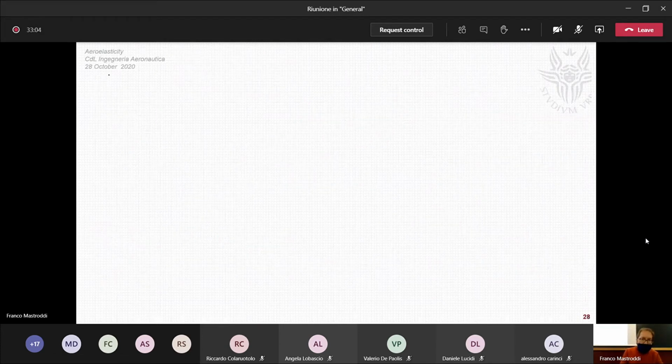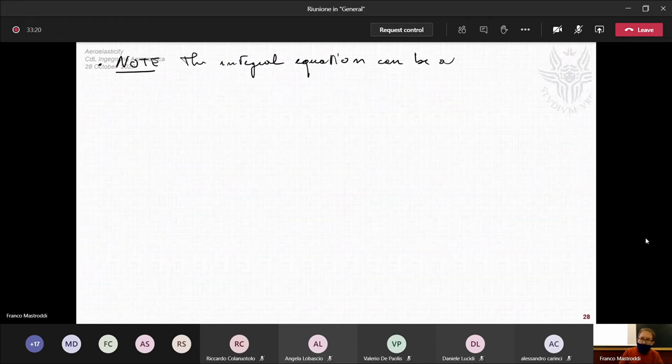This formula, another note, the integral equation can be also used for determining the velocity field